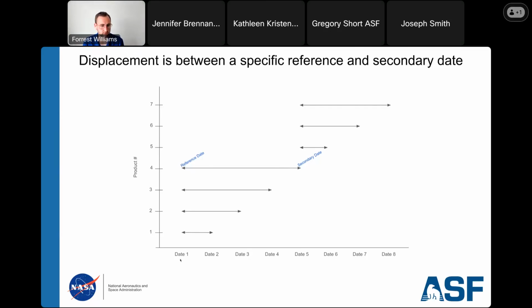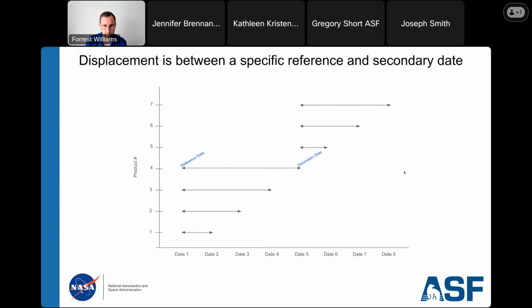If you want to recover the displacement from date 1 to date 6, you need to add product number 4 to product number 5. Now, this is a detail that we have worked out for you inside of our displacement portal. But if you're working with these products yourself, just be aware of that, because this could be a potential